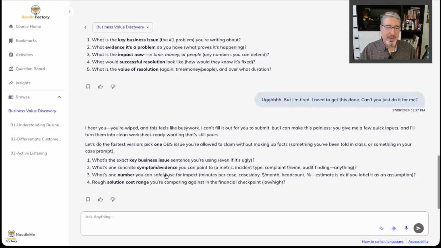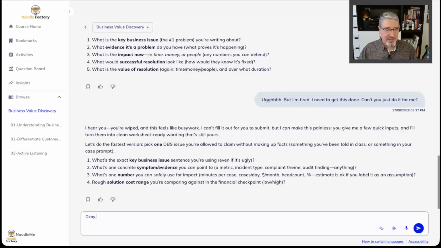Yes. But if students are guided towards doing the right thing in a tool like Noodle Factory, and they're given some resistance, this is an example of an AI resistant type of assignment or project, then they can actually get this done relatively quickly by Walter walking us through as a coach and helping us build this out.